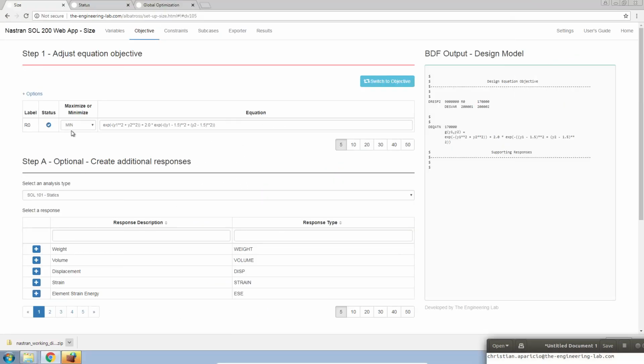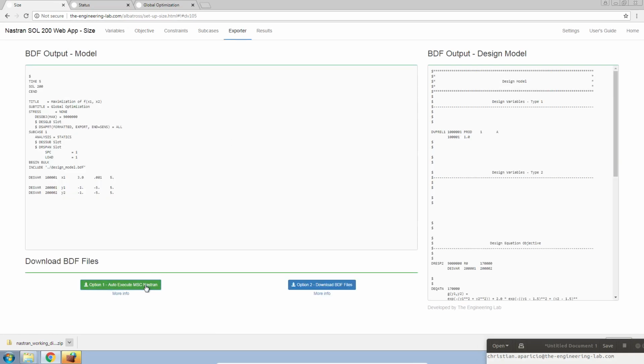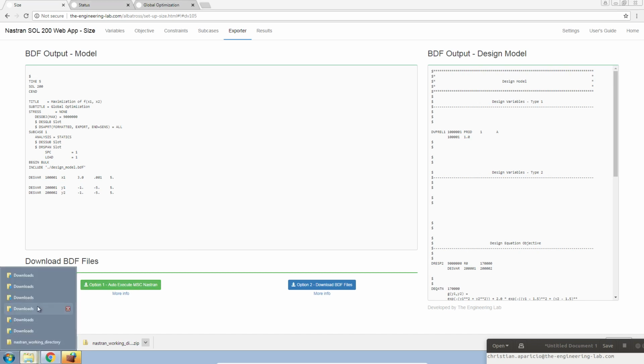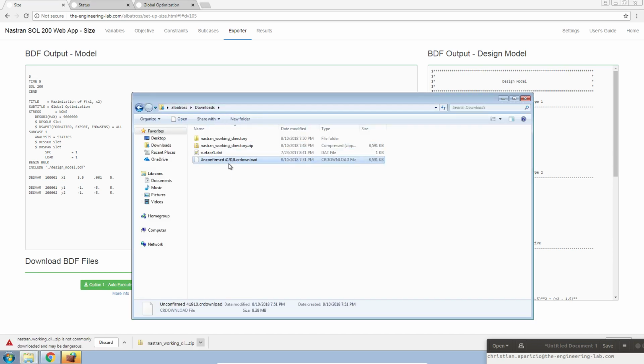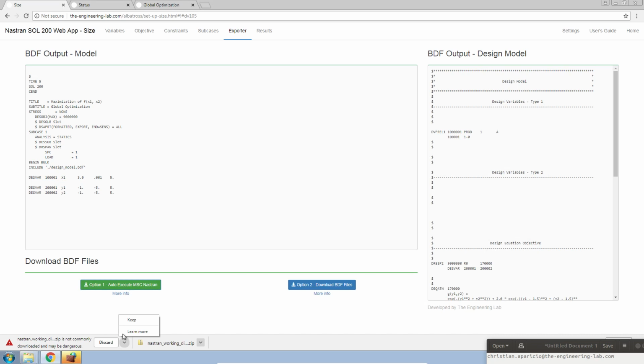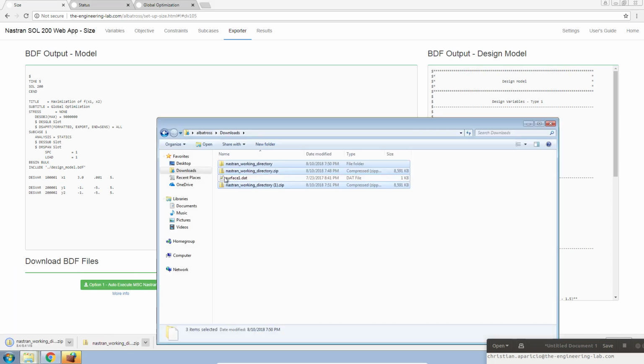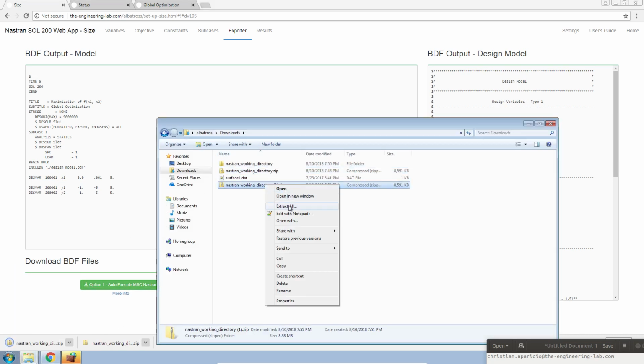So let me go ahead and correct this and make this a maximum. Let me go back to the exporter and let's go ahead and redo this example. And while this example is running again,